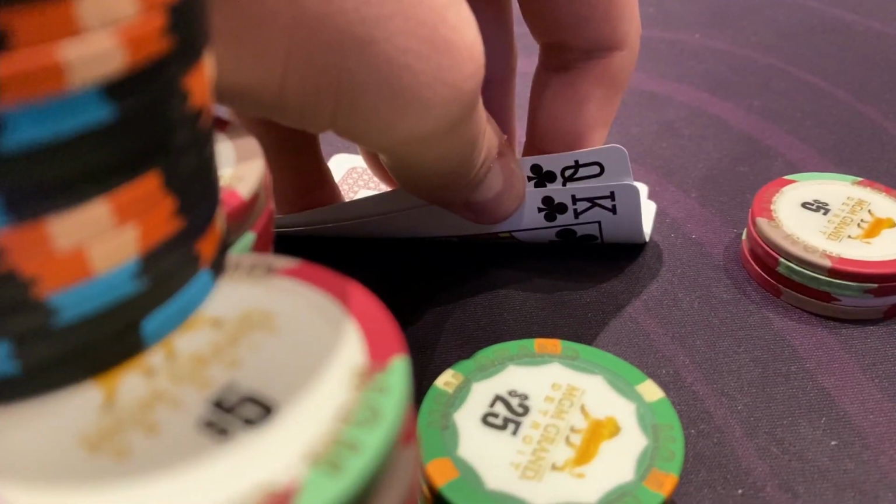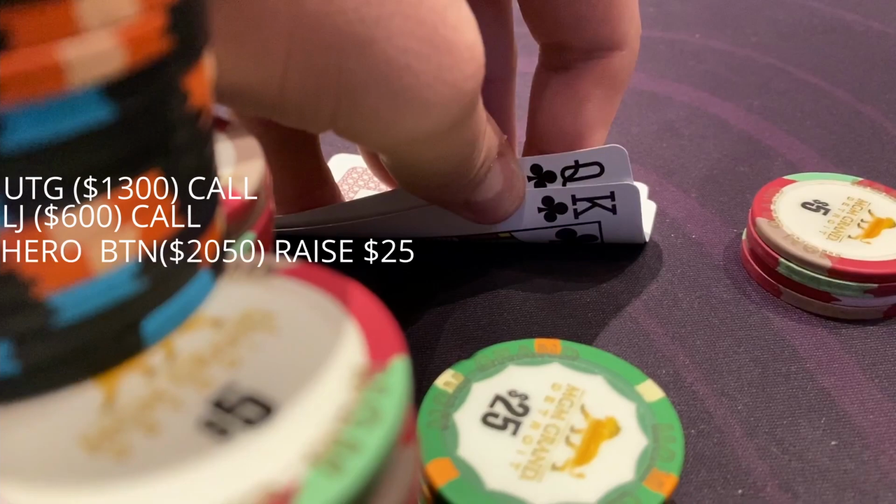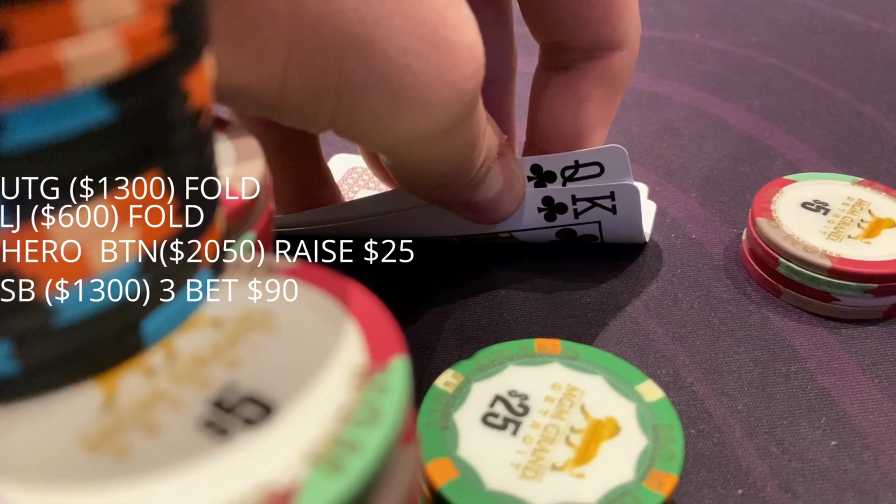We return from our dinner break and fold a couple of orbits before looking down at King Queen of clubs on the button. Under the gun and low jack limp, so we put in a raise, sizing up a bit here to $25. The small blind pretty quickly puts in a 3-bet to $90, and the big blind and limpers fold. This is a pretty slam dunk call for us in this spot, so we go heads up